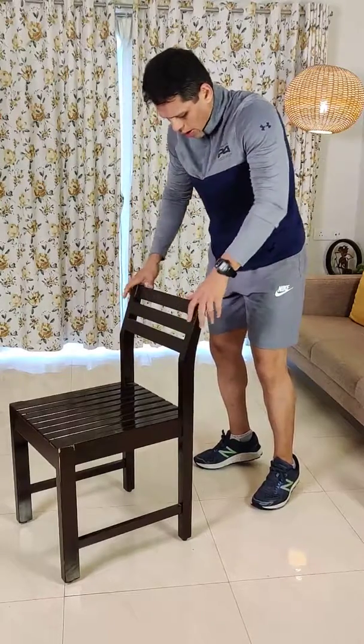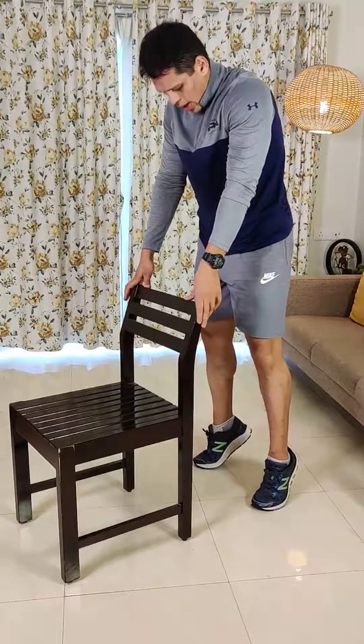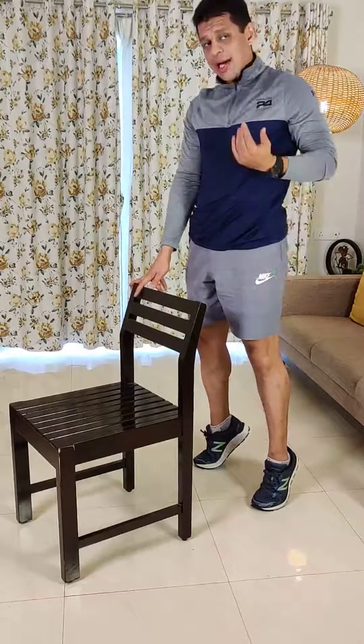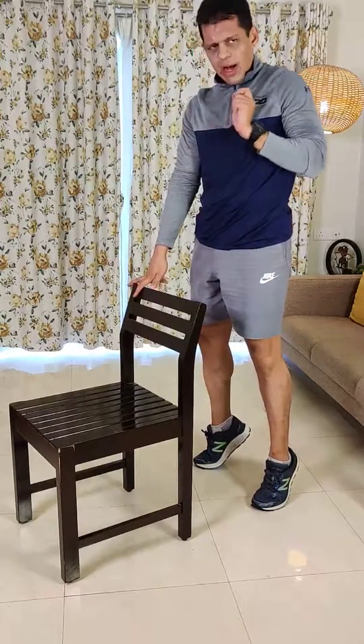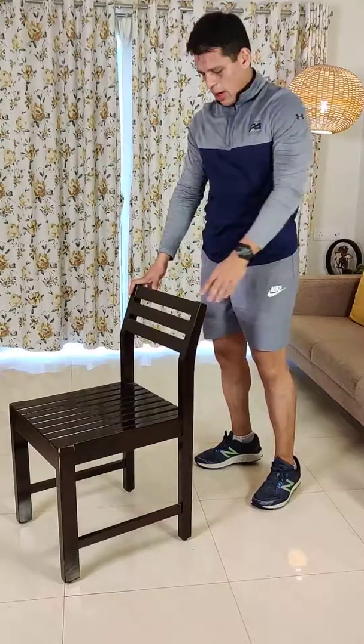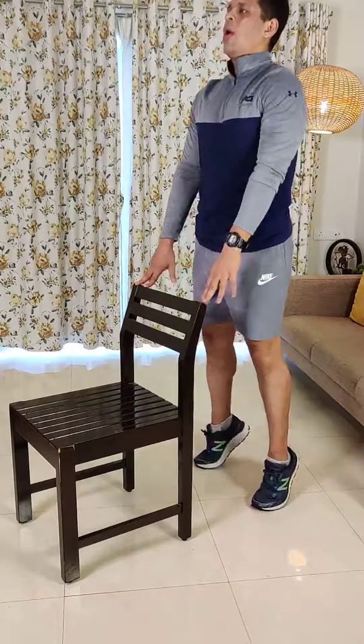Now we're going to raise our legs up this way, heels up, and make sure you go to the topmost point as high as you can. And stay there for half a second, and then bring your heels down, but don't put them on the floor. Okay? Don't place them on the floor. So it's going to be this way. 1, 2,